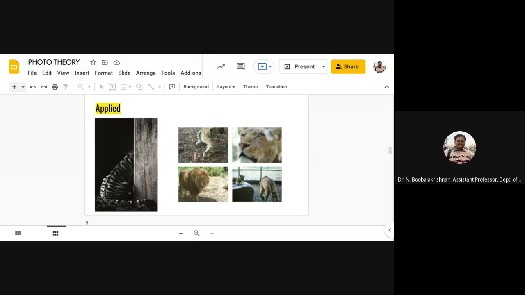I'll show you how this theory is applied with an example. A tiger cub story. Not every photo opportunity offers ideal circumstances. Five photographs are displayed. I want to tell you what is a good photograph. Considering all the constraints, the major constraints like content, form, and technology, I want you to judge which is a good photograph.